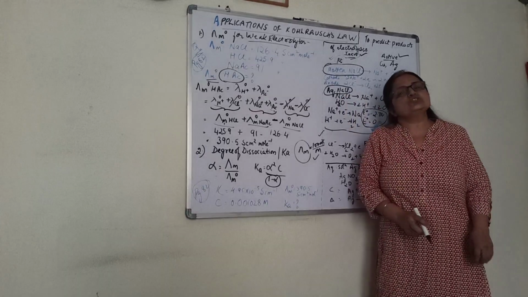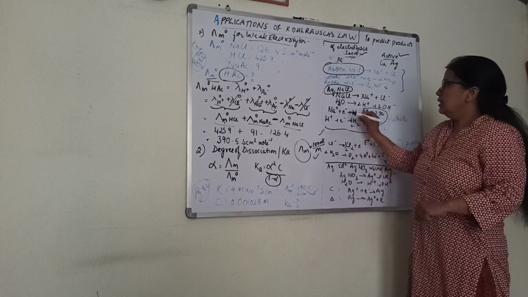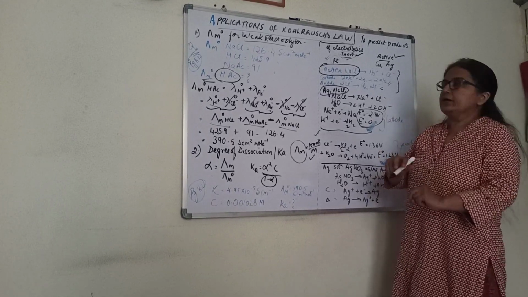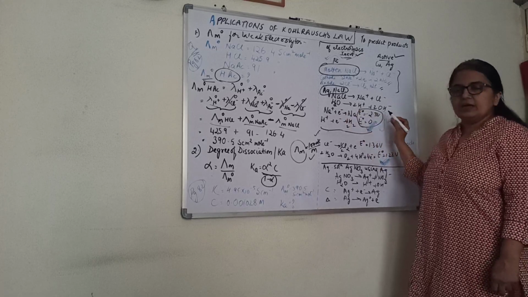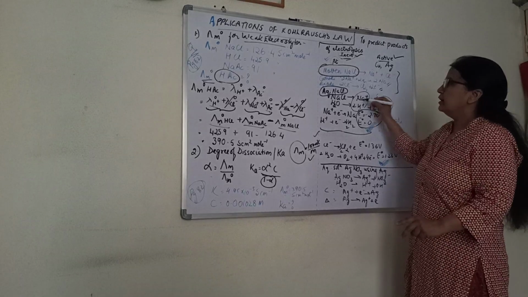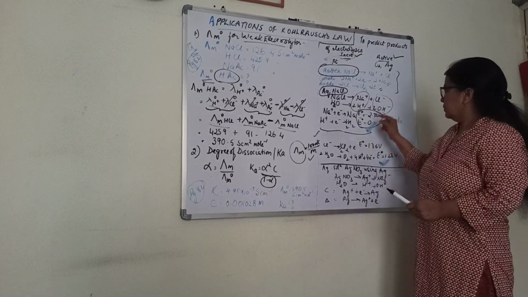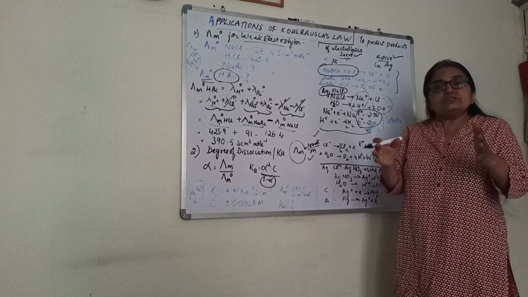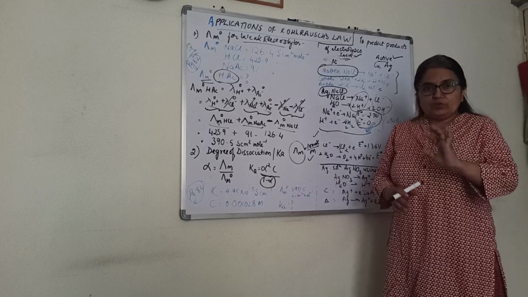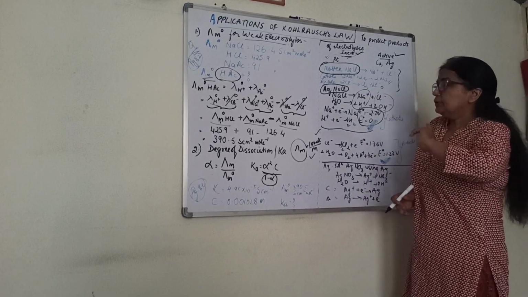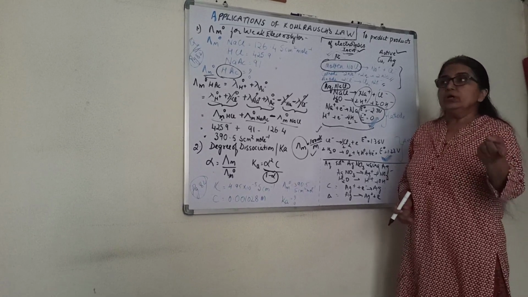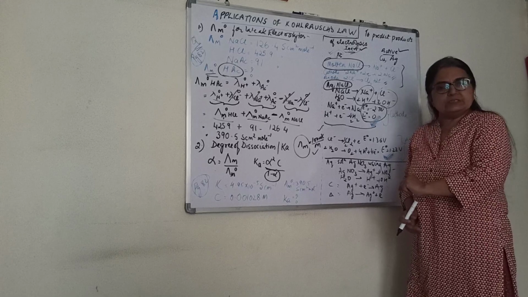Now, if it is aqueous solution of NaCl, then what are the products? Aqueous solution means NaCl will ionize, water present also will ionize. So, NaCl ionization, water ionization. You are having now two cations and two anions, Na plus and H plus, Cl minus, OH minus. Which one should go to the respective electrode? That means there will be a competition between the two, right? Out of the two, which can undergo reduction easily will go at cathode, which will undergo oxidation easily will go